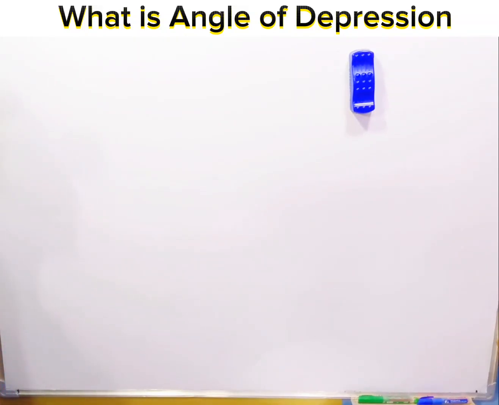What is the angle of depression? The angle of depression is simply the angle formed from a height to the ground level, or the angle formed from the top of a building or from the top of a place to the ground floor is referred to as the angle of depression. For instance,